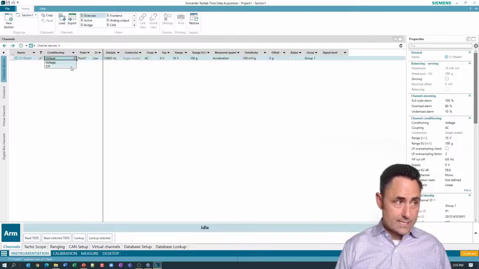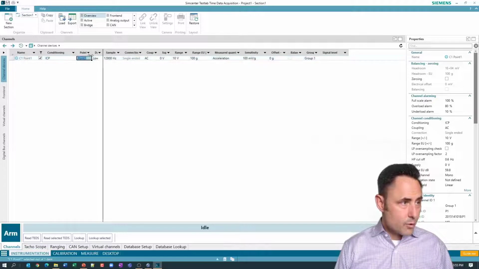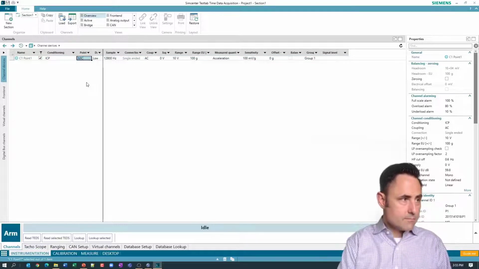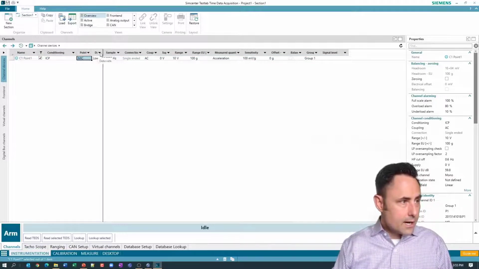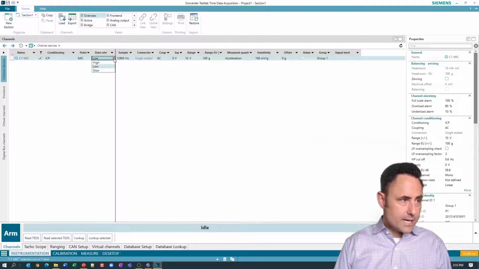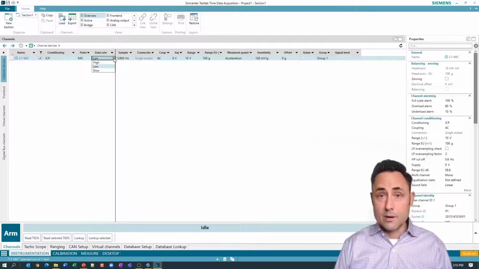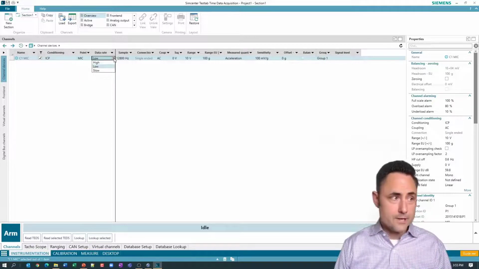In this case, I've got an ICP transducer. It's not just a voltage signal. And then I've got a point ID, and so I'll call this Mike. And this data rate field is, you see I have low, high, and slow. Slow would be something like a thermocouple that gets done very, very slowly.